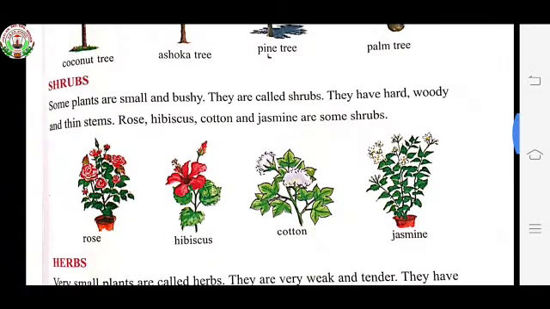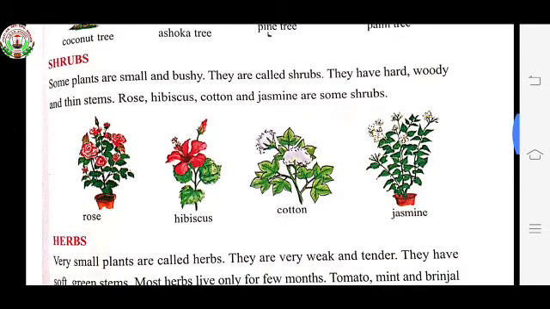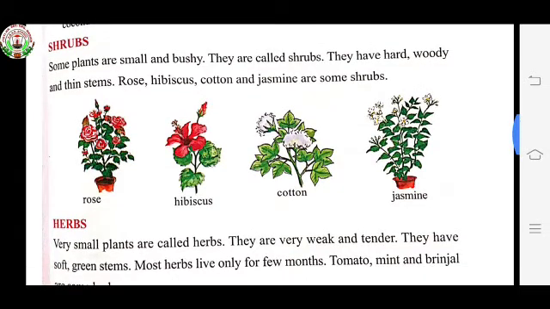Now we are knowing about shrubs. These are very small and bushy plants. They have hard, woody and thin stems. We can grow these plants in small pots also, and we can get many different kinds of flowers from these shrubs. Some flowers are rose, hibiscus, jasmine, and we also get cotton from these shrubs.